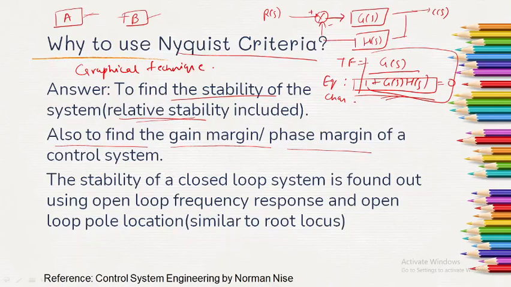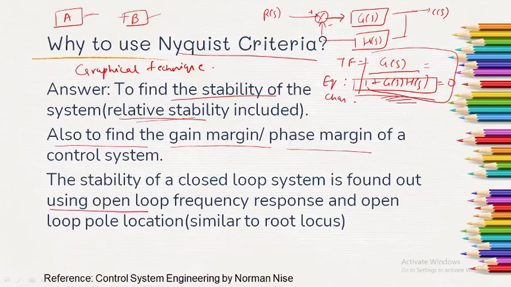When we find out the stability of the system using the Nyquist criteria, we do not actually compute the total number of poles and total number of zeros of the system. It's a beautiful technique. It will actually relate the open loop frequency response with the total number of poles and zeros of 1 plus G(s)H(s) lying on the right hand side of the S plane. Stability can be found out graphically using this.